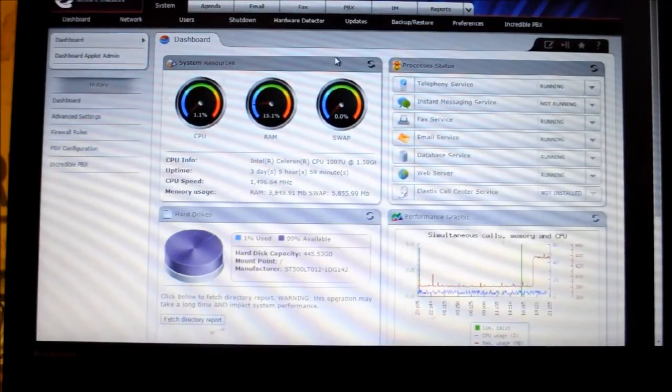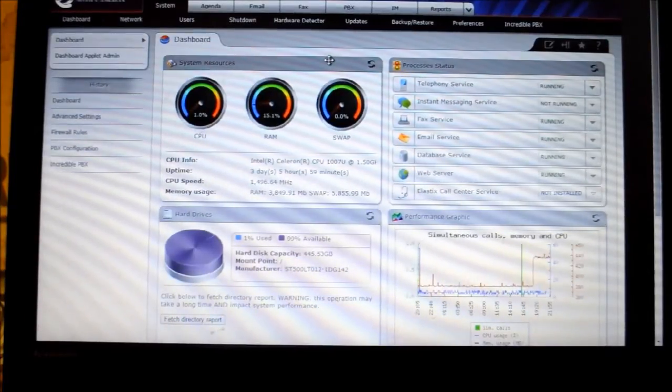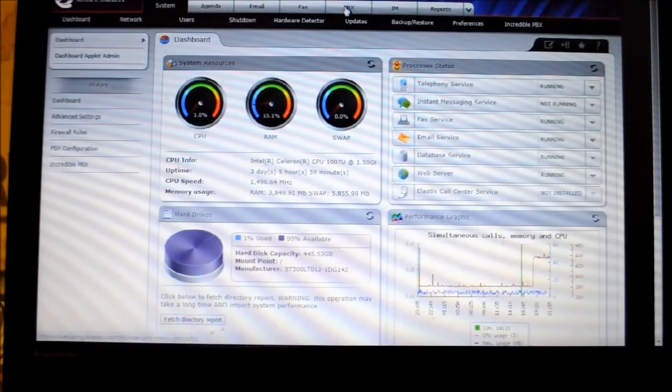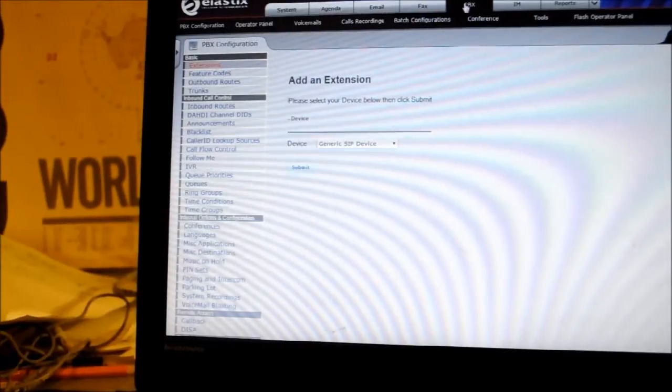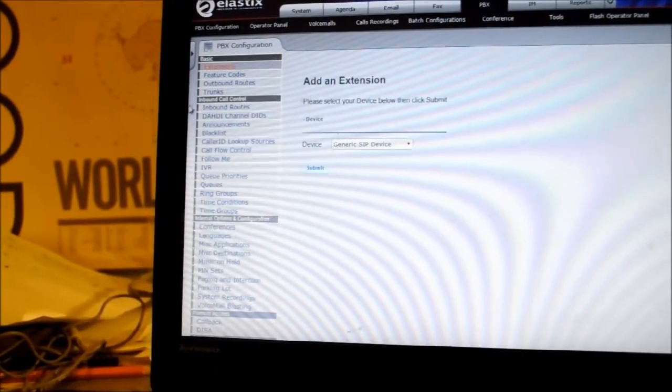In this video, we're going to learn how to add trunks to Elastix 2.5. First, we need to go to the PBX tab from the system's main display. Once you load up, you will see over on the side there is trunks. You click on that,